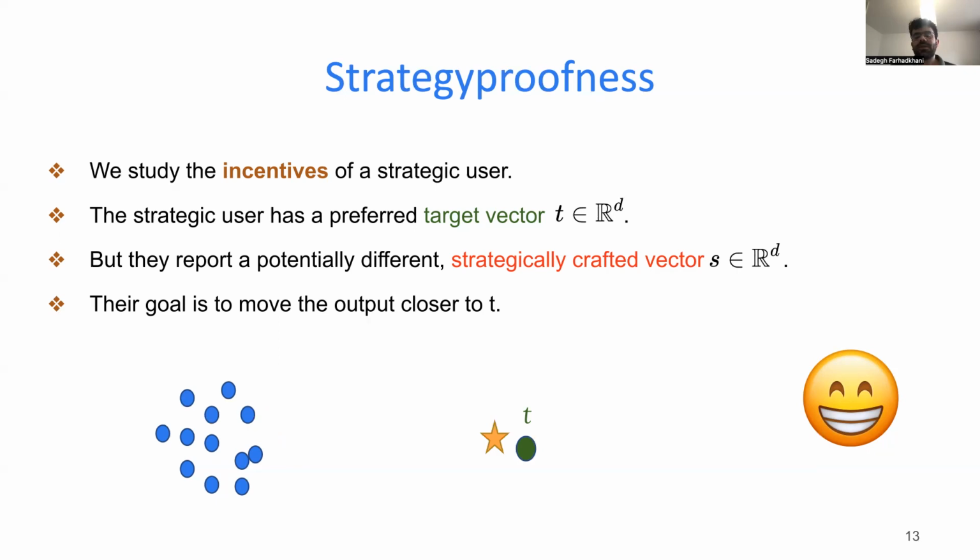Strategyproofness is a very desirable property to have, as if the system is not strategyproof, then the users actually have incentives to lie and misreport their data, and this may compromise the trustworthiness of their data and the collected data set. So ideally, we want the system to be strategyproof, especially in the cases in which users have incentives and personal preferences. But it's also a very difficult property to satisfy and to prove usually in practice.